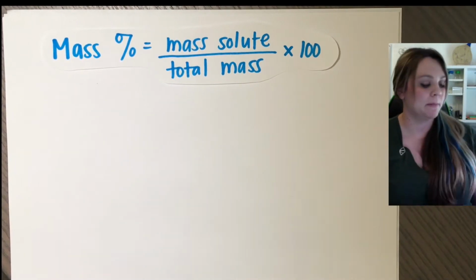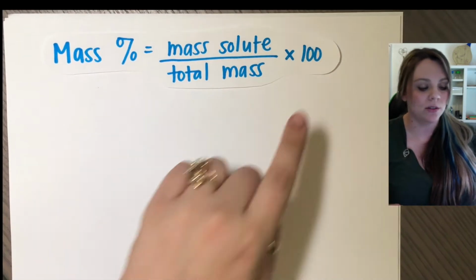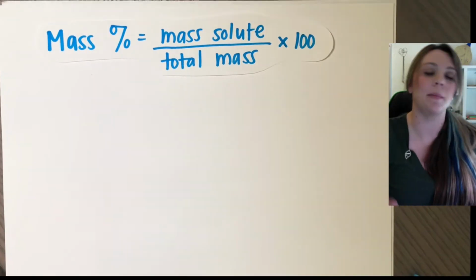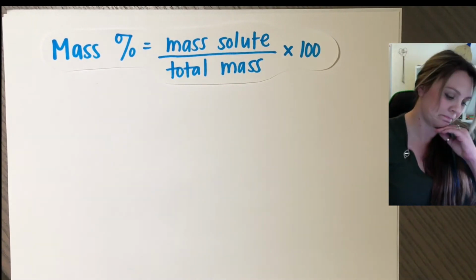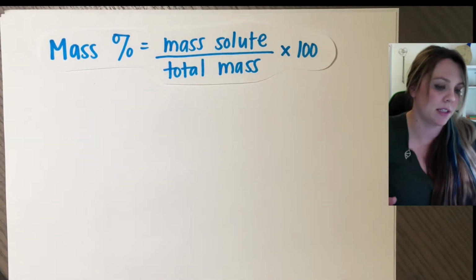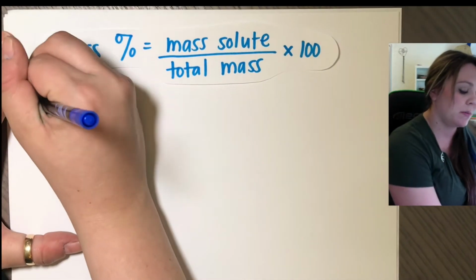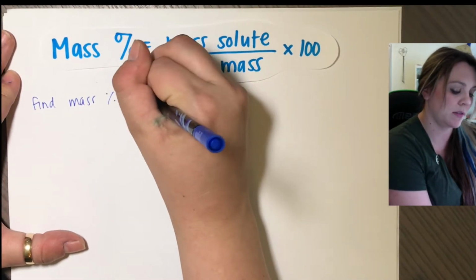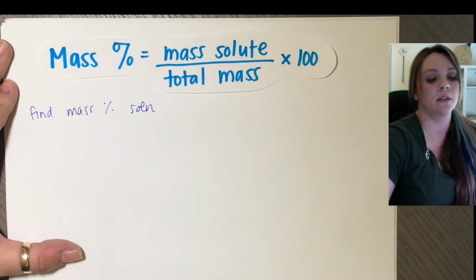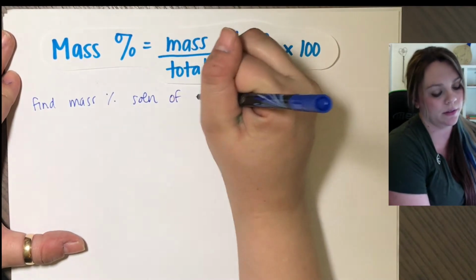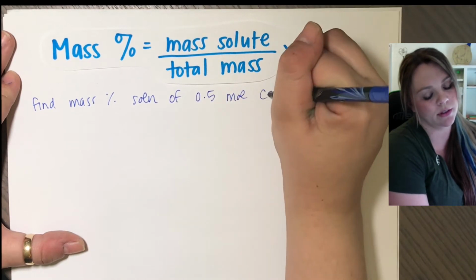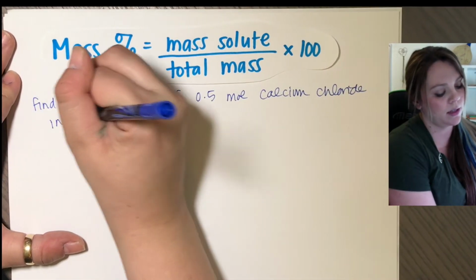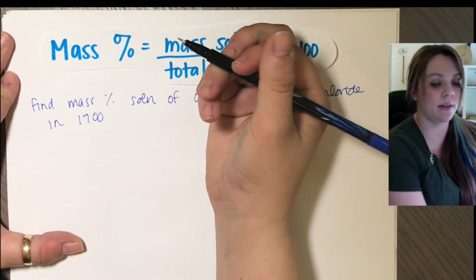It's a percentage, so you're going to end up multiplying by 100, and it's mass. So I need the mass of my solute divided by my total mass, okay? And again, multiply by 100 because it's a percent. So the question would be, find your mass percent of a solution of 0.5 moles calcium chloride in 1,700